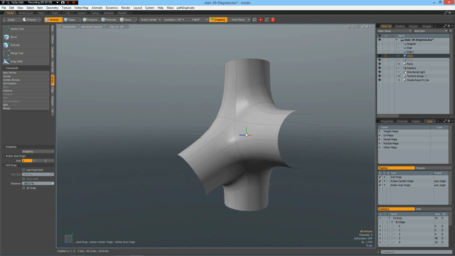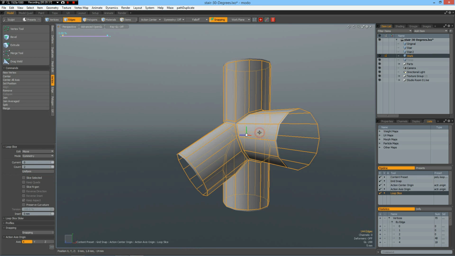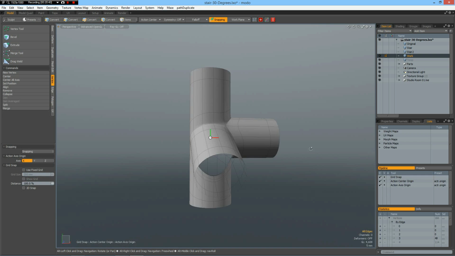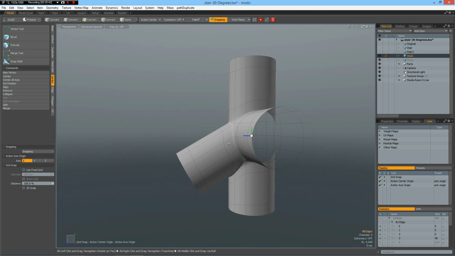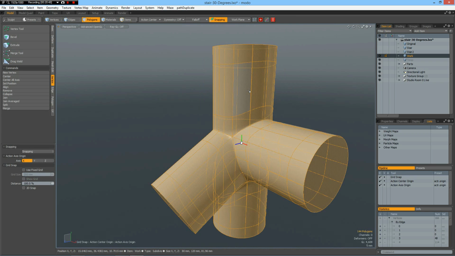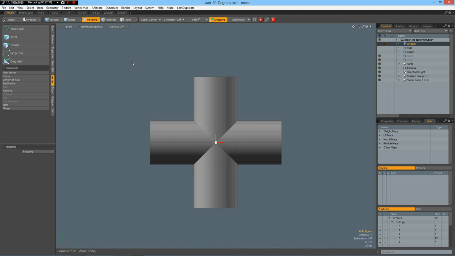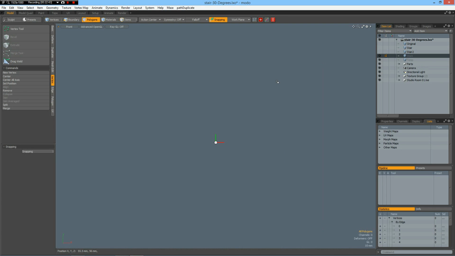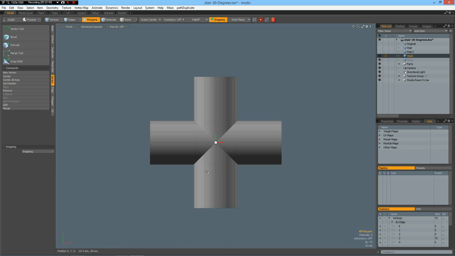And now this should look okay. Yes, we can add our supporting edges, Alt C, count of 2, and this piece is finished, and we can delete it and make the last one. Control C, go to the work one, Control V, and first I hide this middle one, so H to hide, then go to grid snap again,